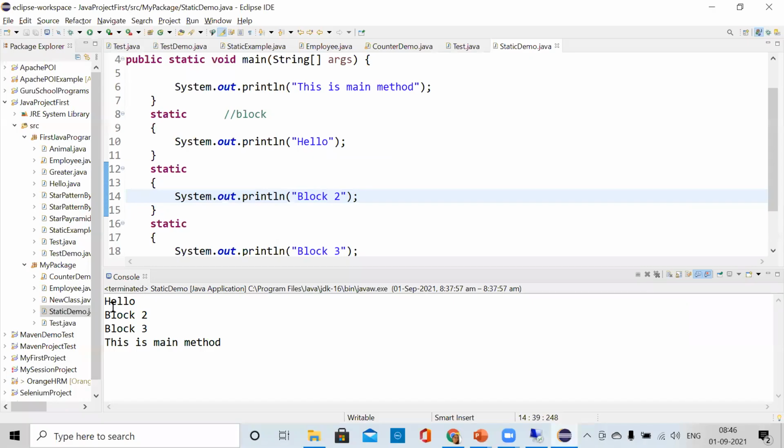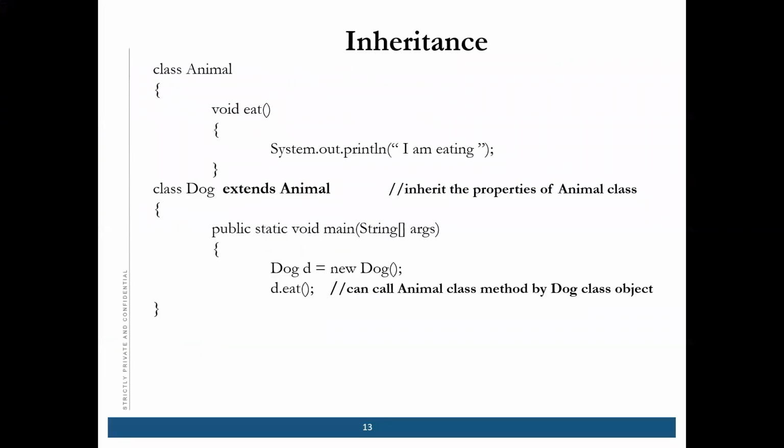The only thing is, which I've told you, whatever class name you are writing, inside that there should be a main method. If it is not there, you cannot execute. You can write the main method anywhere you want. There is no rule that the main method must be inside the child class or inside the parent class.